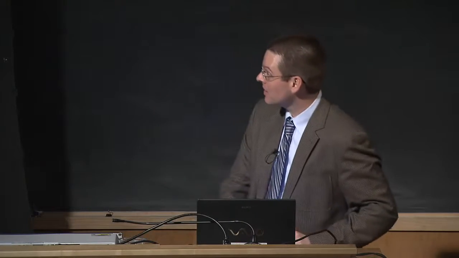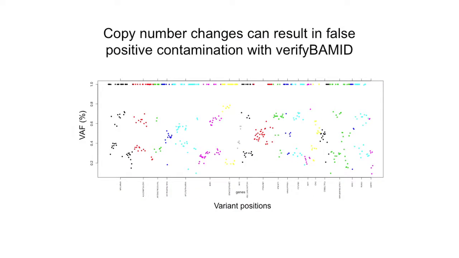And this figure maybe comes up a little bit, but this is a variant allele frequency plot for the cases that came up positive. On the x-axis, I'm showing all the variants that were identified in this case. On the y-axis is the variant allele fraction. And most of these are SNPs, so they should be at 50% or 100%, and it's all over the place. And so it's samples like these that the Verify BAM-ID approach doesn't work very well for estimating